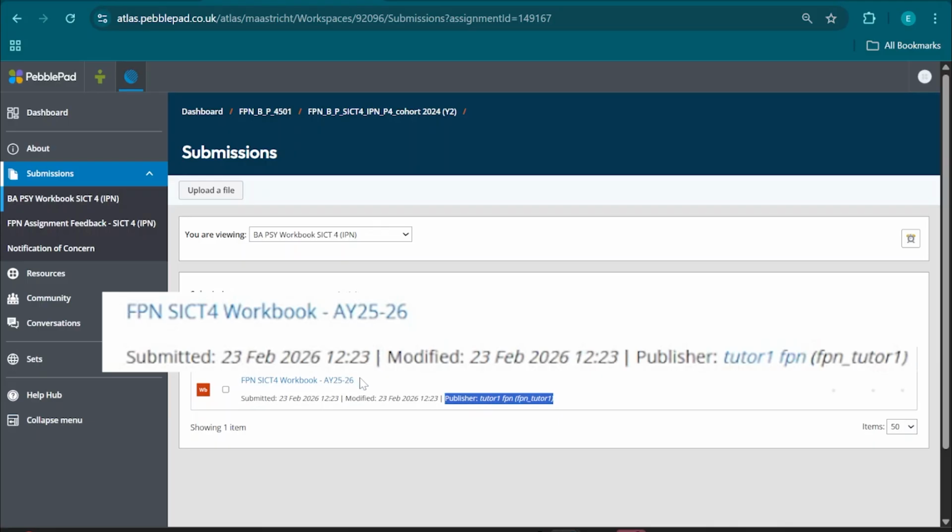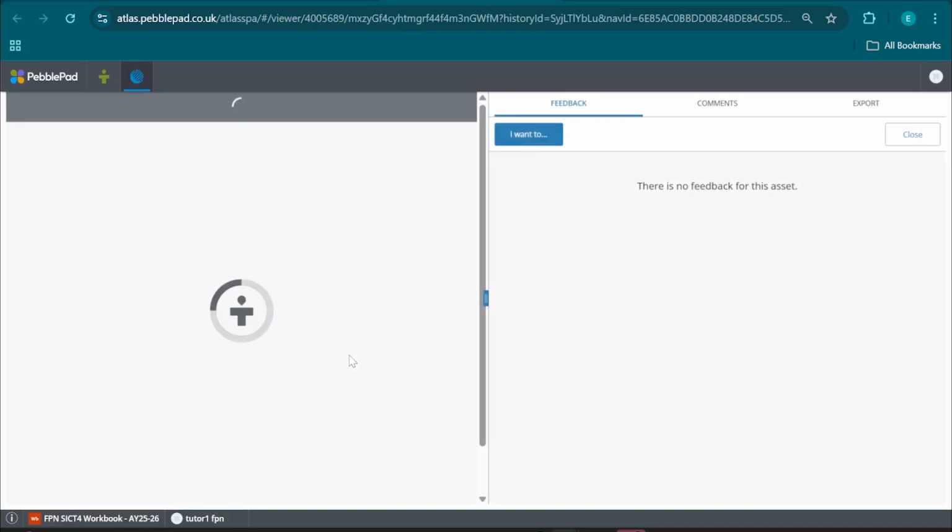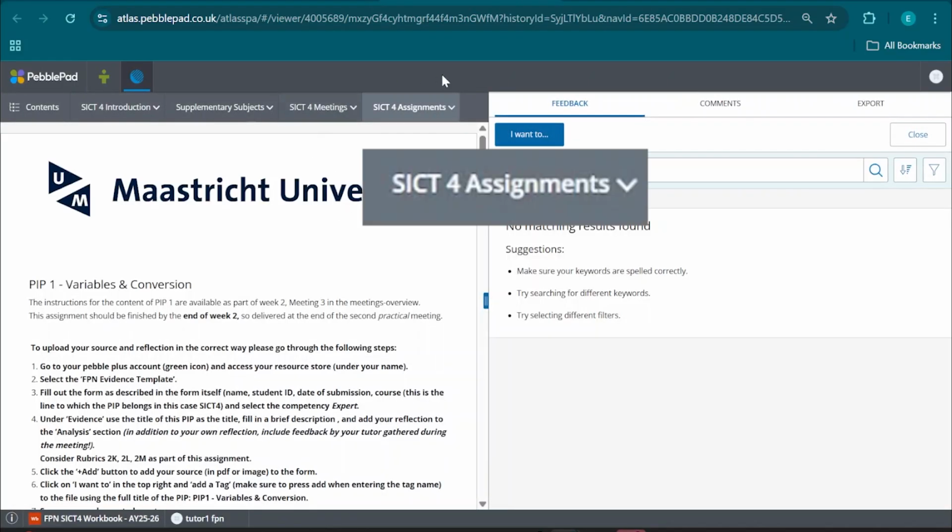These are all the workbooks that the students have submitted, and you will be able to read the name of each student at the bottom of each submission. Please click on FPN SICT 4 workbook to enter it. Then navigate to the gray bar at the top and click on SICT 4 assignments and then on PIPs to